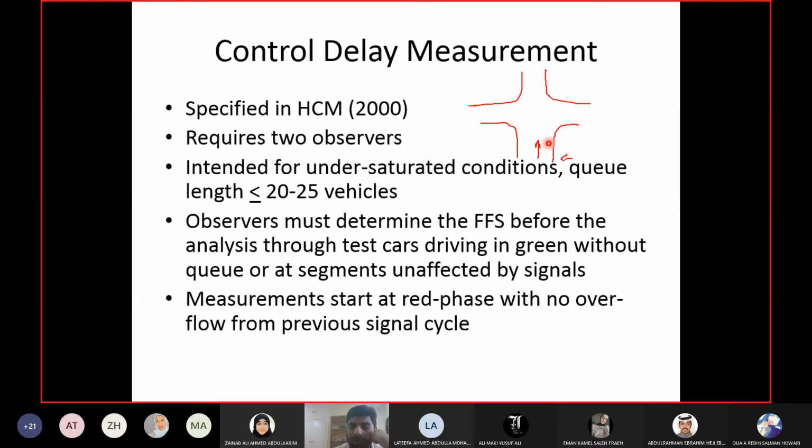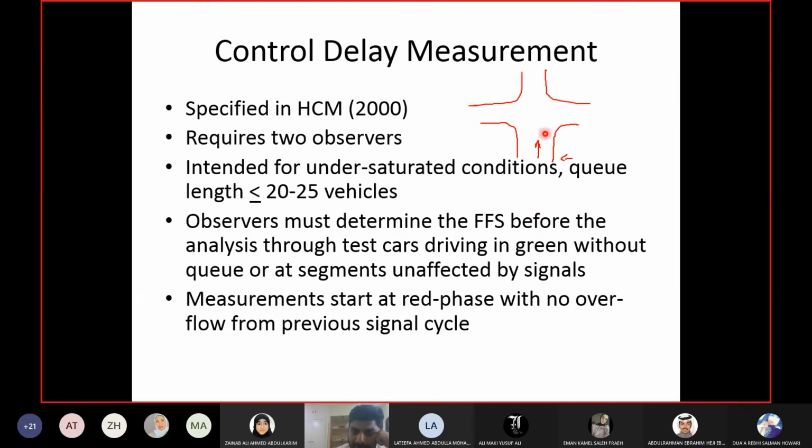So to find out the free flow speed for this control delay study, either do a spot speed study away from this intersection. How far away? So that the speed of the vehicle is not affected by the signal. Your location of spot speed is so far away from the intersection that the vehicle has not started to decelerate because of the intersection. So even if the signal is red, the vehicle is still moving at normal speed at this particular location. It will decelerate later. So you can do a spot speed study away from the signal and call it the free flow speed. Or there's another method.